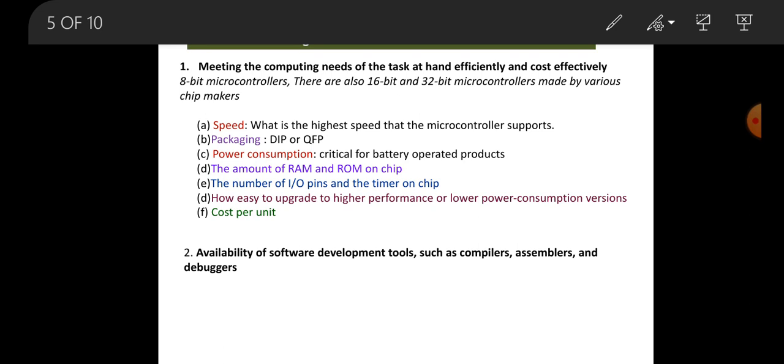And the third criteria in choosing a microcontroller is wide availability and reliable sources. The microcontroller which you are selecting has to be readily available in needed quantities, at present as well as in future. For most system designers, even now, the first two criteria are considered the most important, but all three have to be taken into consideration.